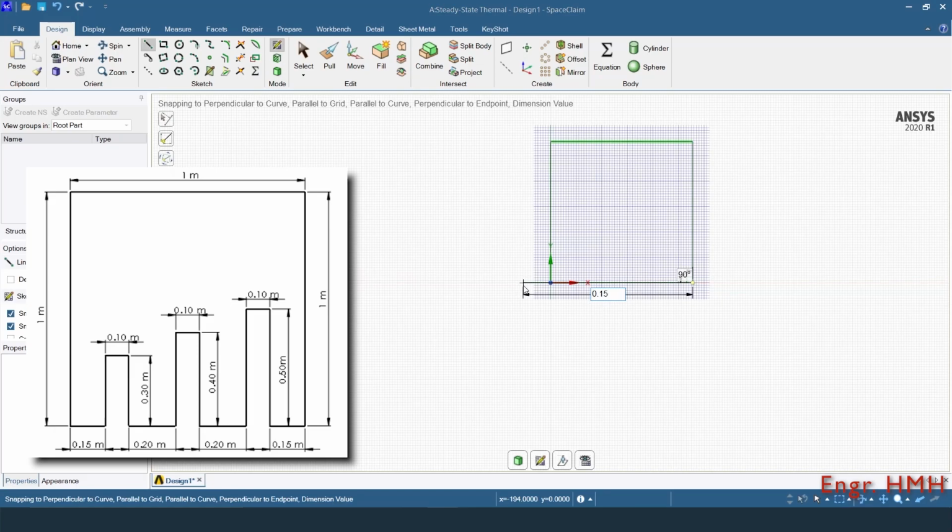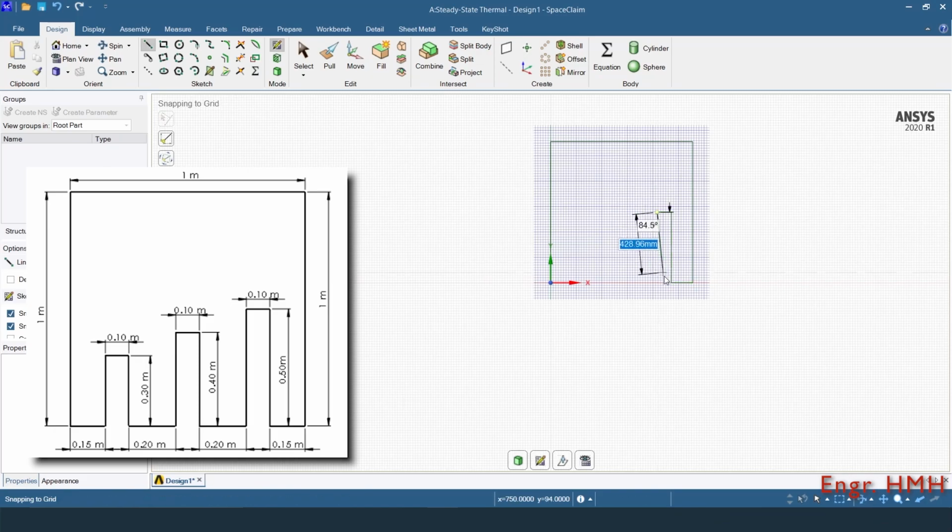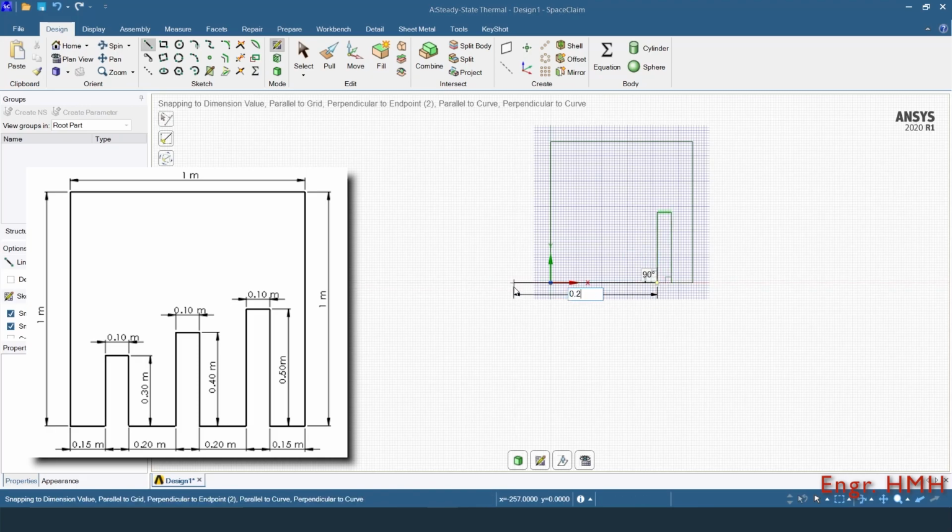Point 0.15 meter horizontal to the left, 0.5 meter vertical up, 0.1 meter horizontal to the left, 0.5 meter vertical down. Now 0.2 meter horizontal to the left, 0.4 meter vertical up, again 0.1 meter horizontal to the left,